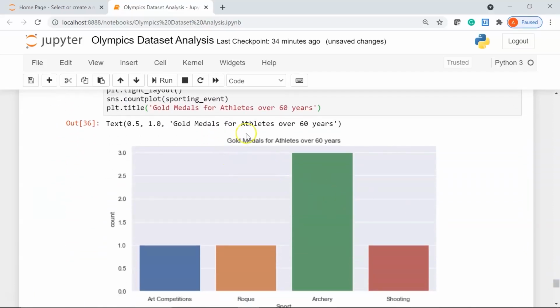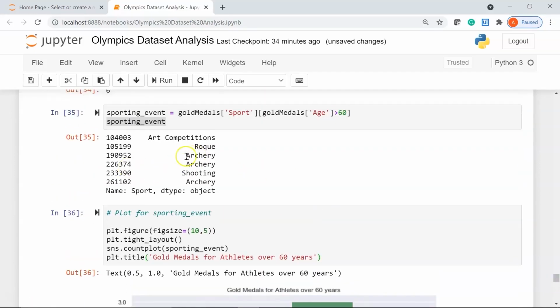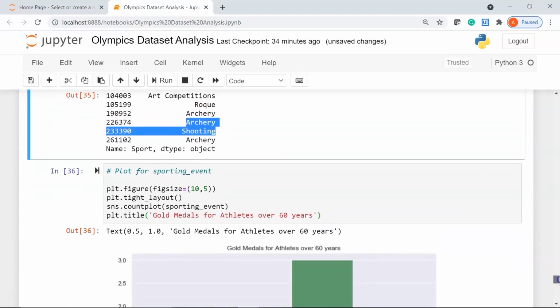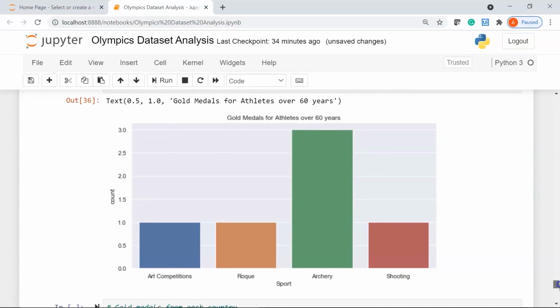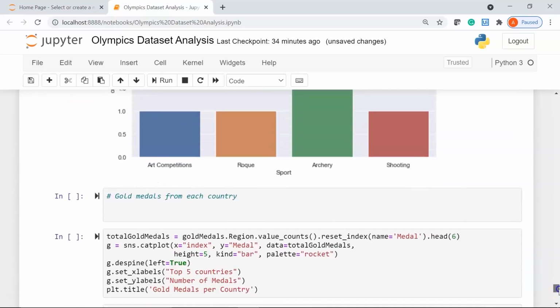I have my title, gold medals for athletes over 60 years, and since for archery we had 3 players who secured a gold medal having an age more than 60 years. You can see here archery is 3, art competition 1, rook is 1, and shooting we had 1 medal. Alright,